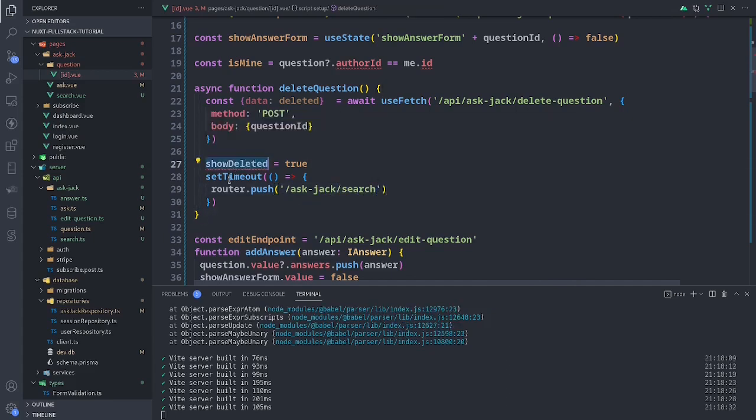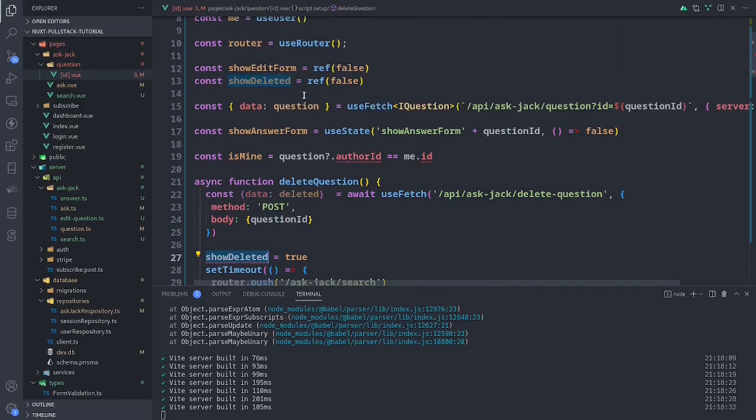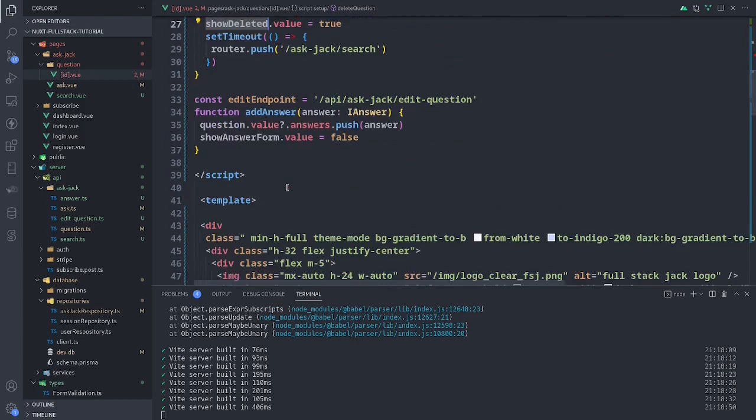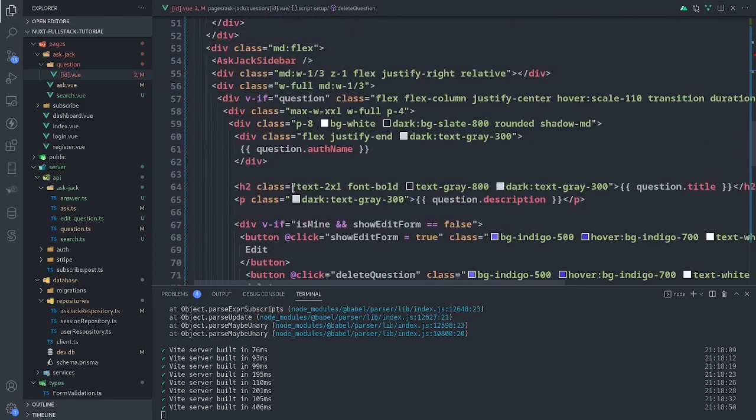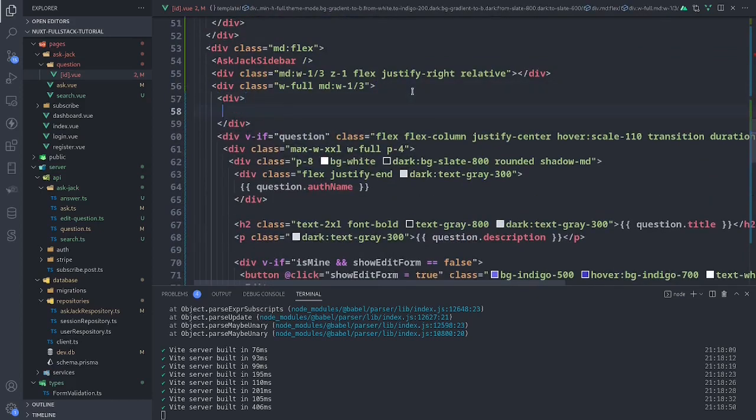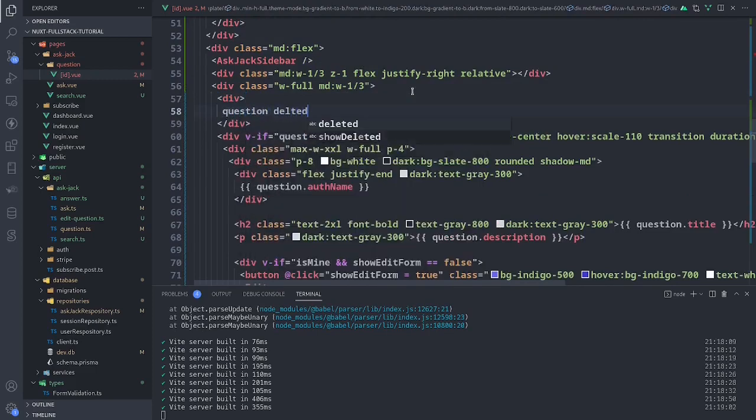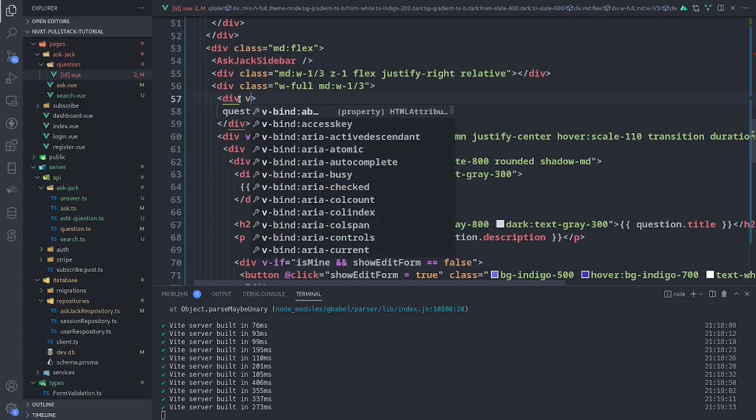Okay, so show deleted equals true. Do I need a this or what? Because it's a constant. Oh, dot value. Dot value. All right, and so show deleted, we'll say here, somewhere like here. Question deleted. Okay, and then we'll just say if